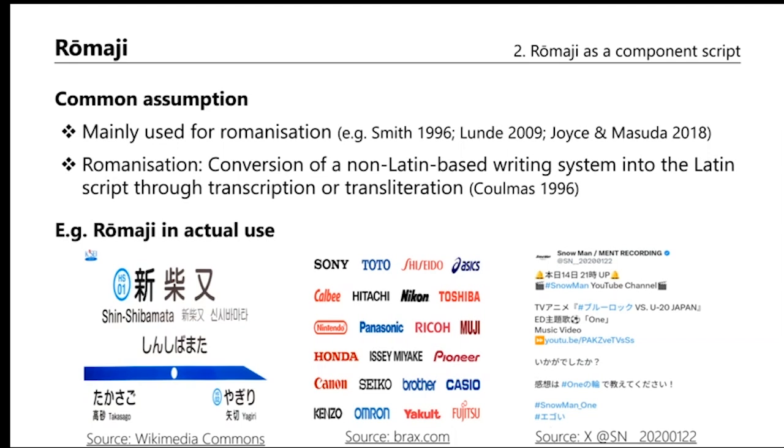But when it comes to things like Sony and Asics, they are not Japanese words. So we can't really speak of romanization here, if we consider romanization as defined here. And on the right-hand side, this is a bit tiny, but this is a post on X, formerly Twitter,